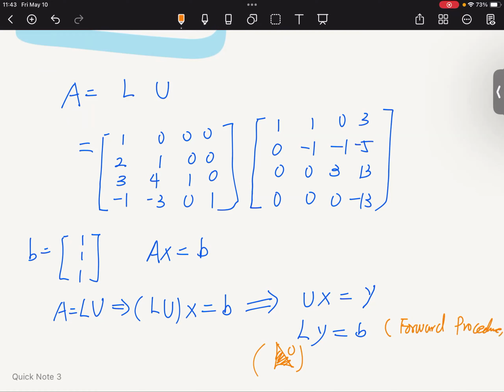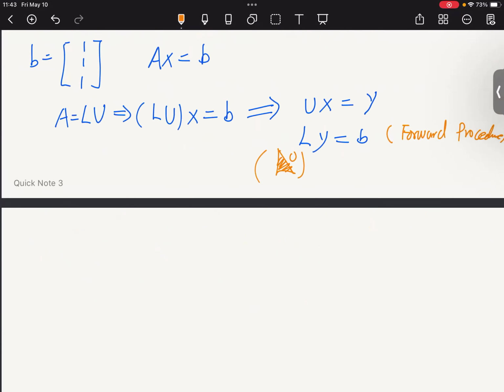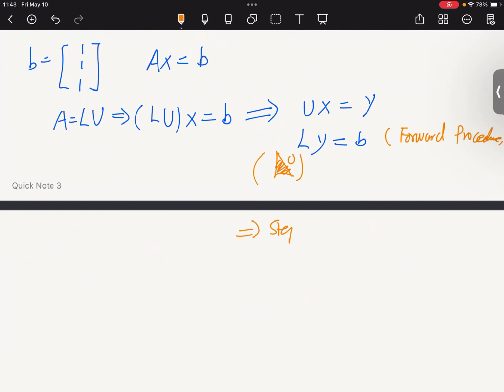So first, step 1, we solve for Y with the forward procedure. I'm going to skip the concrete detailed calculations here, but you need to show your answers in detail in your homework. Once you get the Y, then we can solve, so this, LY